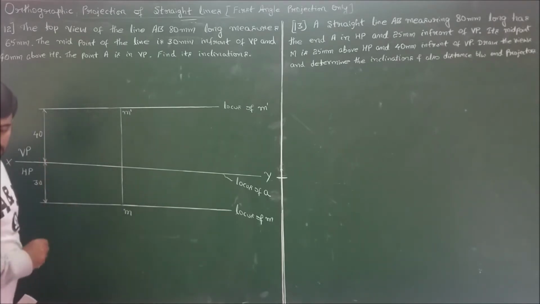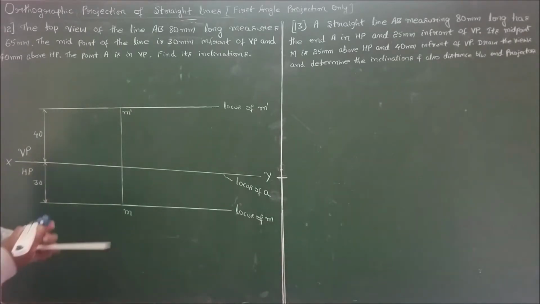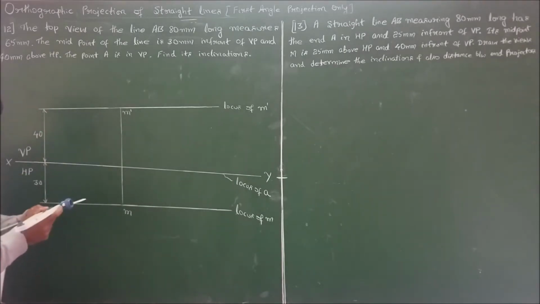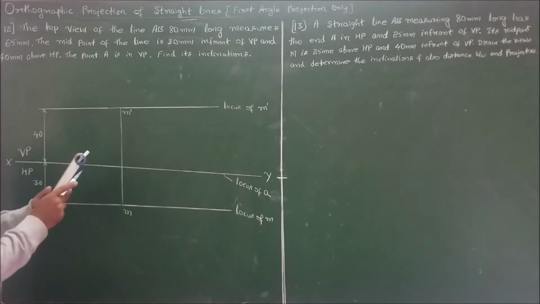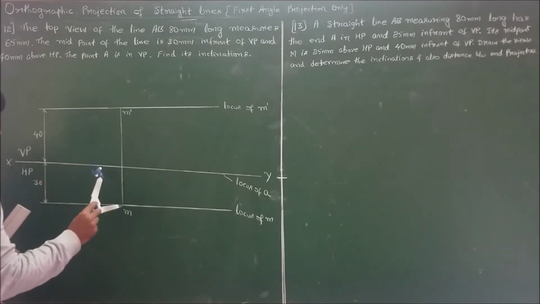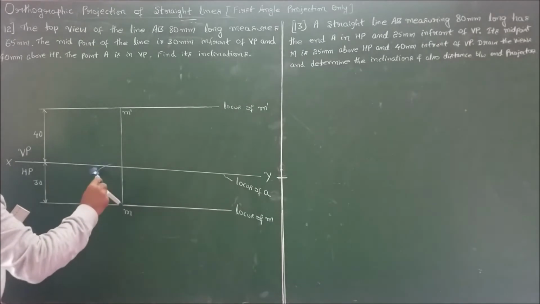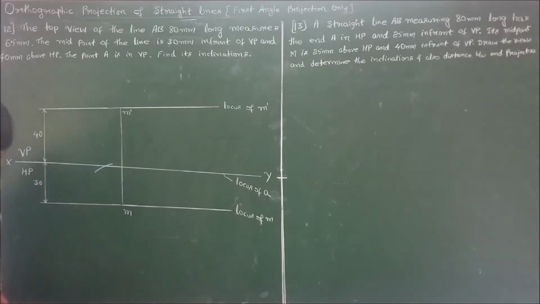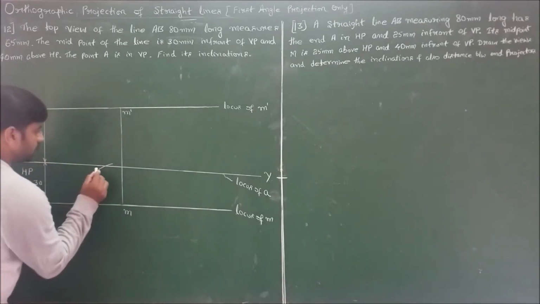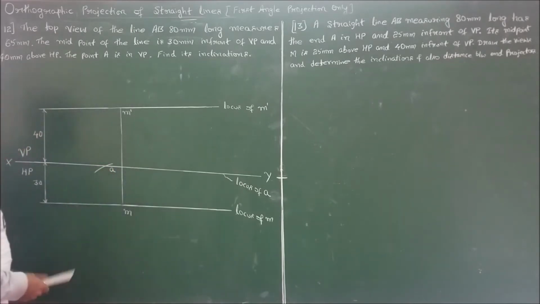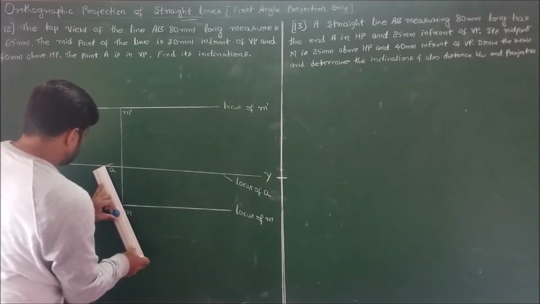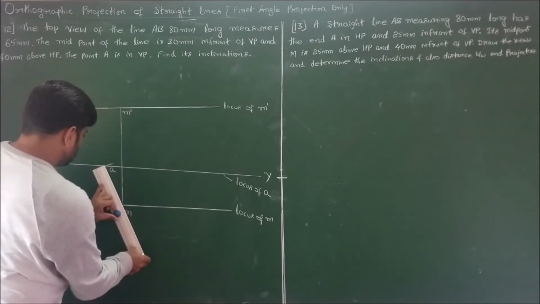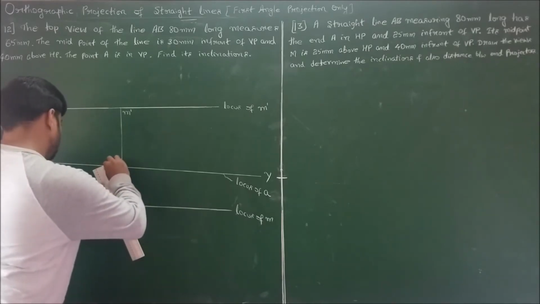What I mean to say is that first you measure the apparent top view length, that is 65, half of it, that is 32.5 measured. So cut an arc for half of the length, which will give you the point A. I got point A. So now joining here, I got half of the line.